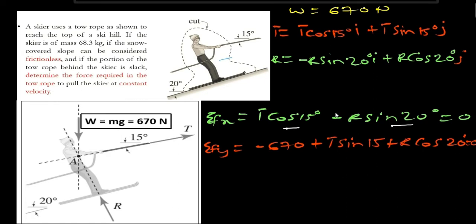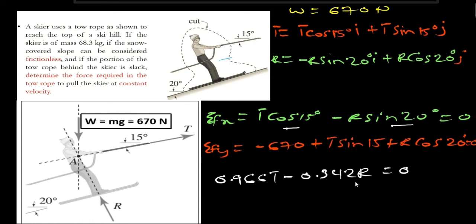Cosine of 15 will be 0.966, so that will be 0.966 T. Sine of 20 is 0.342, so that will be minus 0.342 R. This will be equal to 0, but I want to make T the subject, so